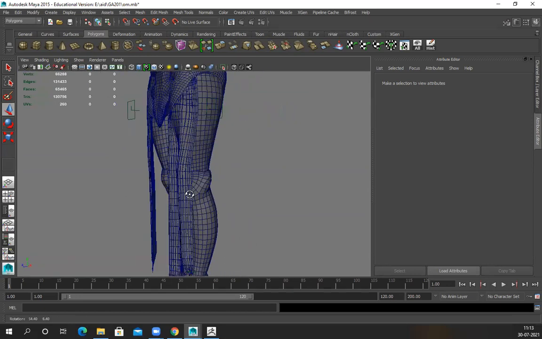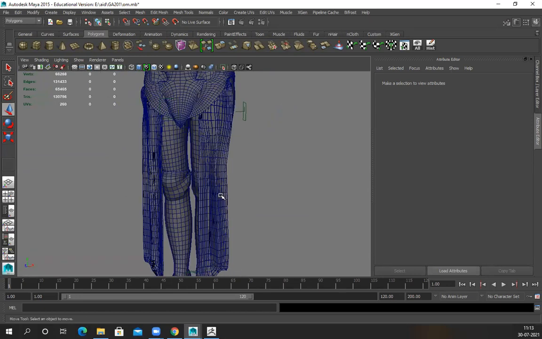Sir, in my model, when I ZRemesh the leg, the fingers are getting chopped off. When it goes to low poly, the fingers are gone. Remesh or Dynamesh? ZRemesh. If that's happening, you can increase the remesh value, the amount, the number, like 1, 2, 3, 4, 5. Because your entire body is visible, you need to have a decent amount of polygons. So increase it to 10, 20, 50, and then remesh it.